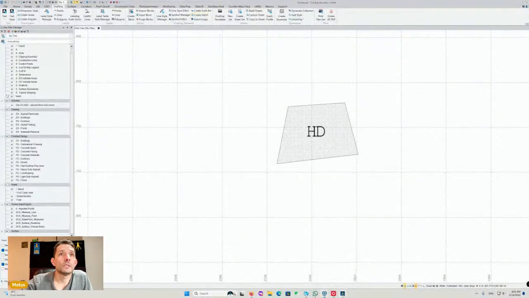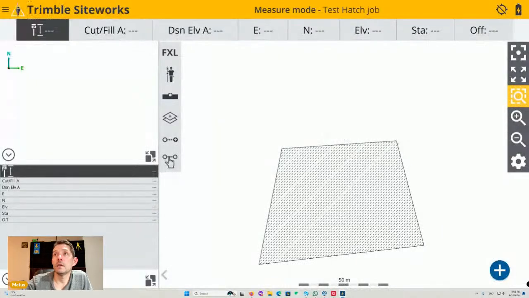So as you guys can see, today I showed how to bring hatching into the Trimble Siteworks, so it should work in SCS. I do not have SCS installed anymore because